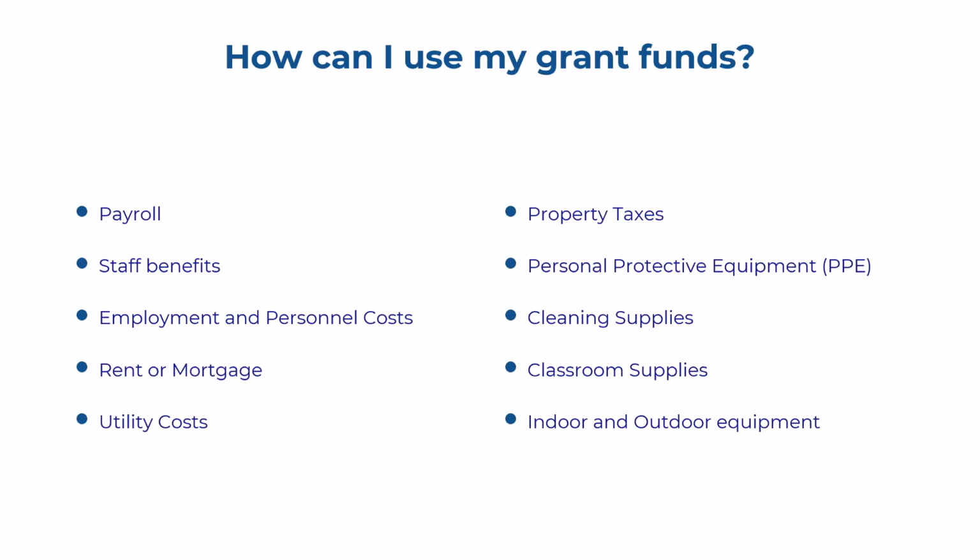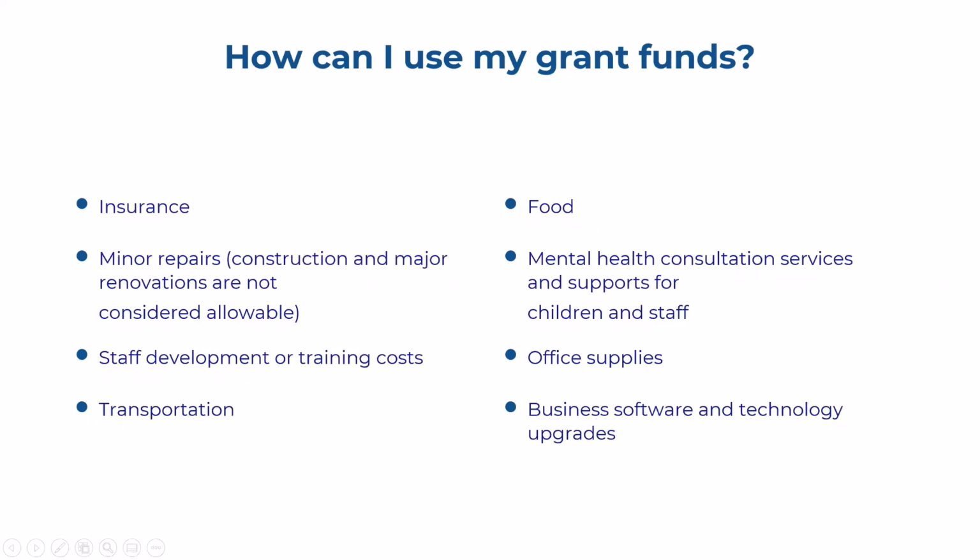The funds can be used also for utility costs, property taxes, personal protective equipment, cleaning supplies, classroom supplies, indoor and outdoor equipment for your program. Funds can be used for insurance that's related to the business or employee benefits, minor repairs, keeping in mind that construction and major renovations are not considered allowable, staff development or training costs,